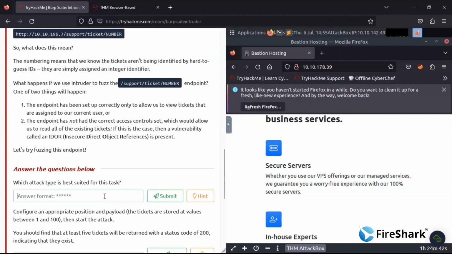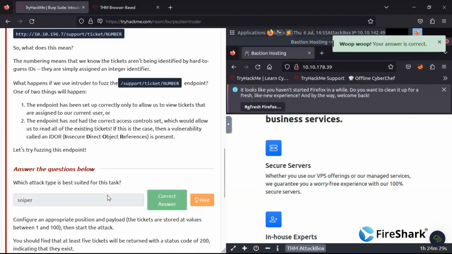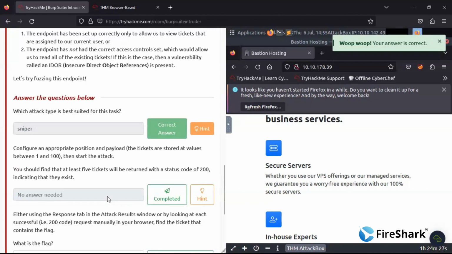It will be sniper because we currently do not know the username and ID. We are just checking it with the number. And with the sniper also, we were doing the same thing, like combining it with the IDs, right? So